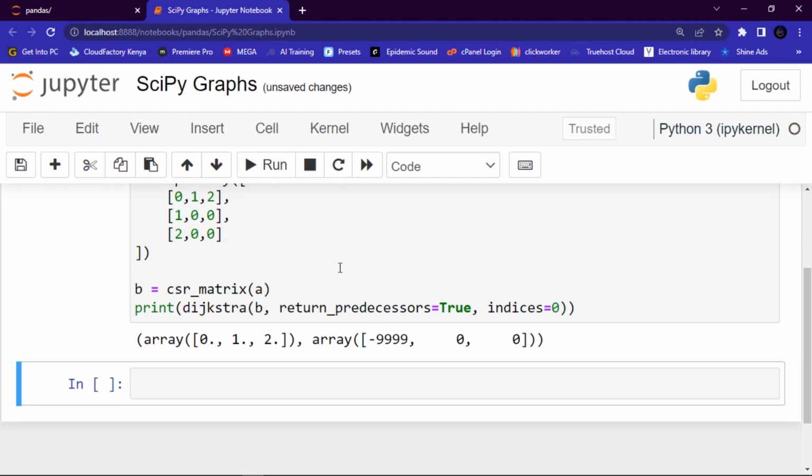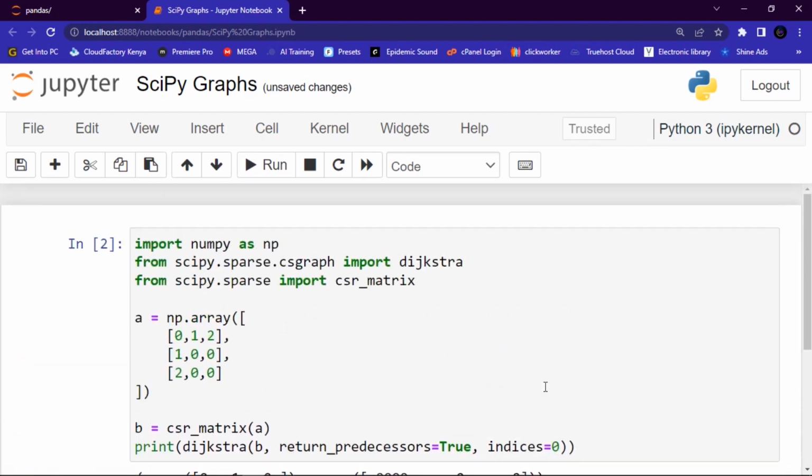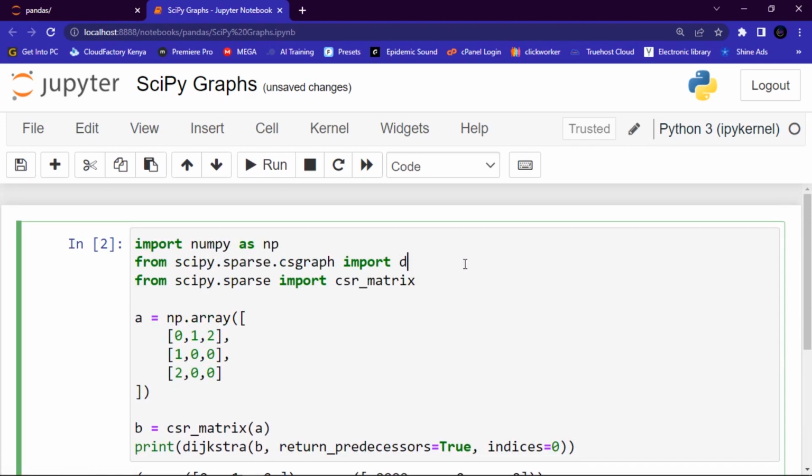This is how you can find that shortest path from element 1 to 2. So let's talk about something else called the Floyd-Warshall. Now guys, basically we use the Floyd-Warshall method to find the shortest path between all pairs of the elements. Let me show you how to find the shortest path between all the pairs of the elements with this Floyd-Warshall method. Now here, instead of the Dijkstra, I'm gonna use